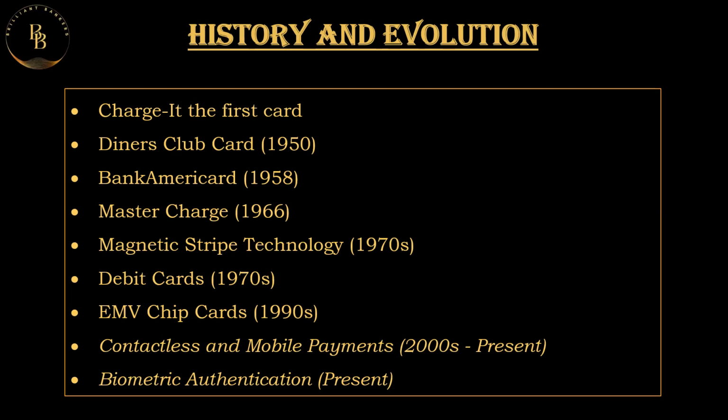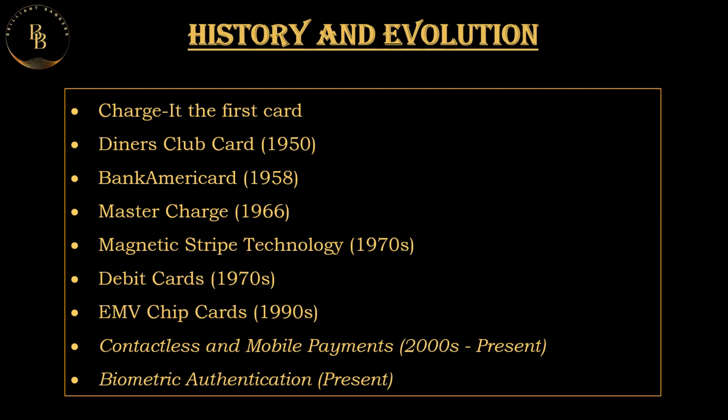So initially the card was used for purchase, wherein the shopkeeper imprinted the details, and later these details were sent by the shopkeeper to the bank, and Biggins' bank used to reimburse the shopkeepers, and then take the transaction details again from the customer and collect the amount that was to be charged for the use of this card. So this was the very first card, called a charge card, and it was